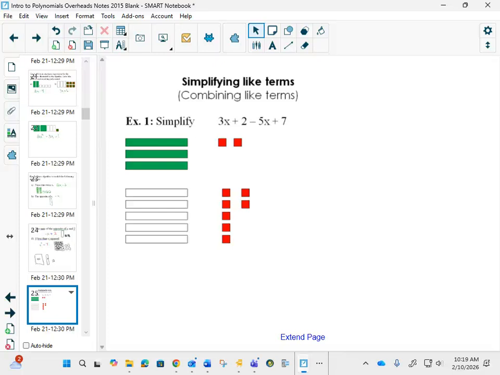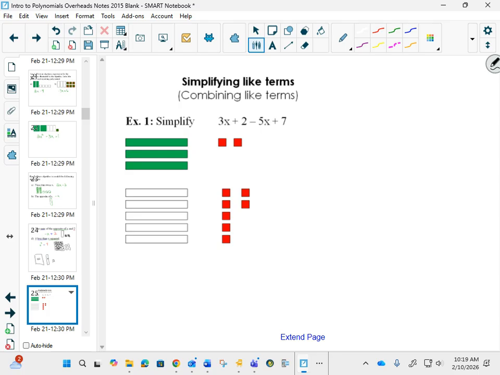Simplifying like terms, and we're going to start by showing it with Algetiles again. I know that we've done some of this already without Algetiles. You'll probably find that drawing Algetiles is kind of annoying because it takes extra time, but sometimes drawing it is really helpful for us understanding. So if I was doing this question with Algetiles, I'm going to take this first one, 3x, and draw 3